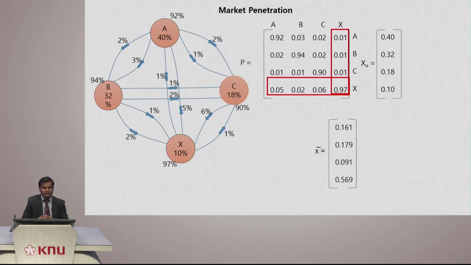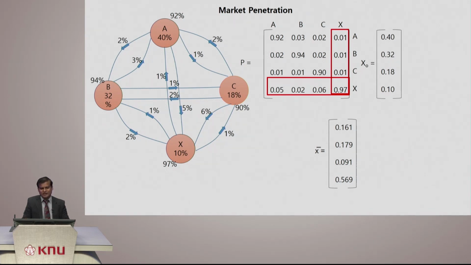This time we have 4 states, or in other words 4 stores, or you can consider this as 4 different products: product A, B, C and X. Say for example products A, B, C are already in the market and you are introducing the new product, that is product X. Say they are all the same kind of thing,